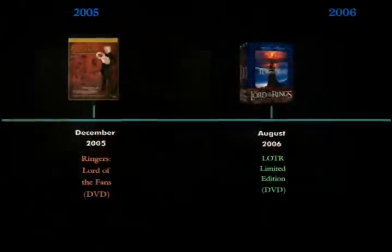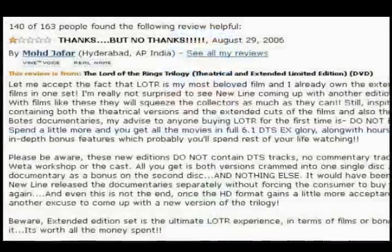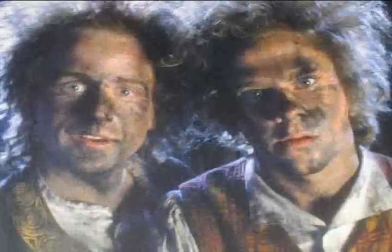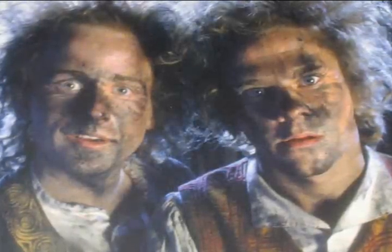These were released in 2006, and the fans booed because they didn't understand why they had to repurchase the films. To be fair, New Line understood and somewhat admitted they had simply run out of ways to re-release the films on DVD. As we enter modern times, continuing our journey to 2009,